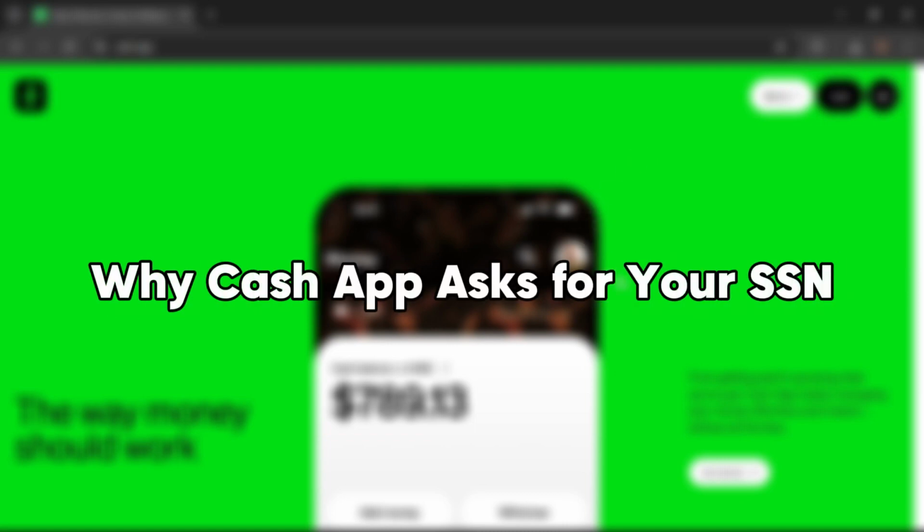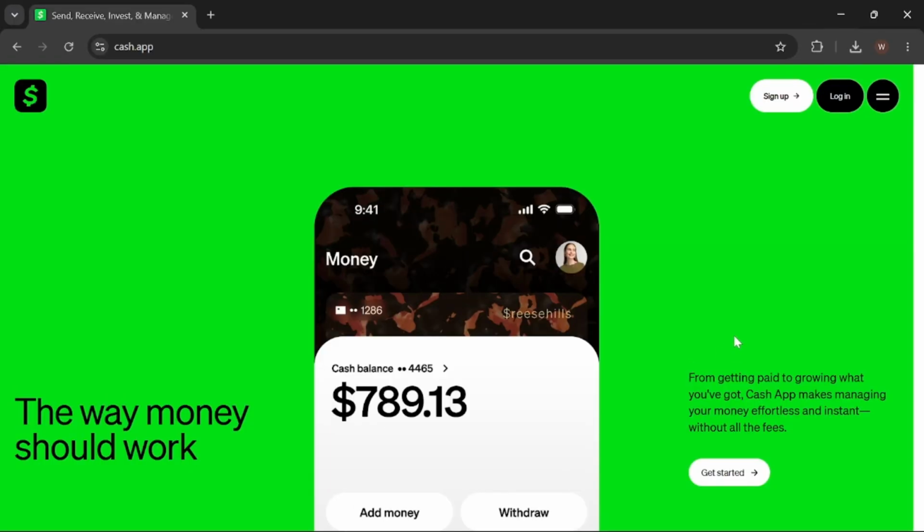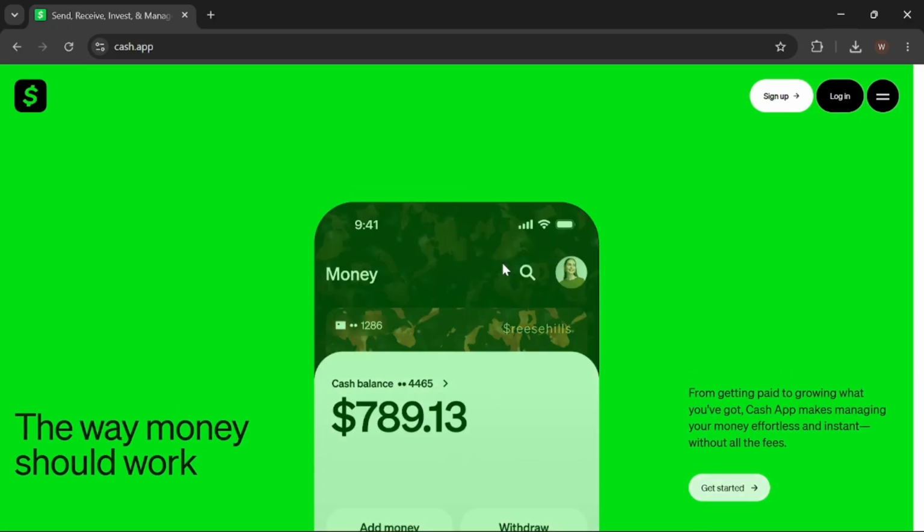Cash App is required by U.S. financial regulations to verify the identity of its users. This verification is necessary for several reasons. Regulatory compliance: Cash App must comply with anti-money laundering laws and the USA Patriot Act, which require financial platforms to